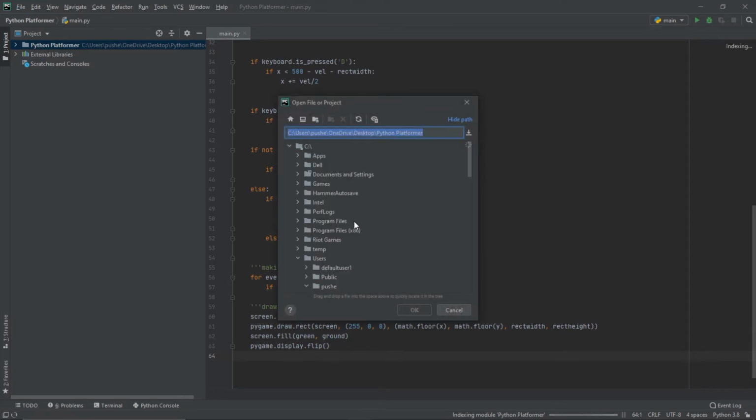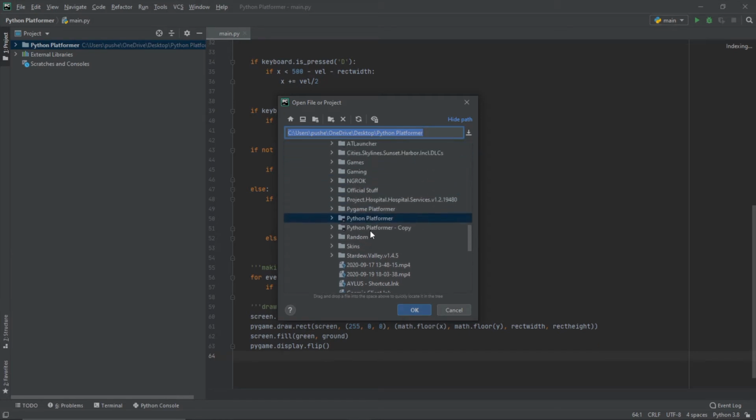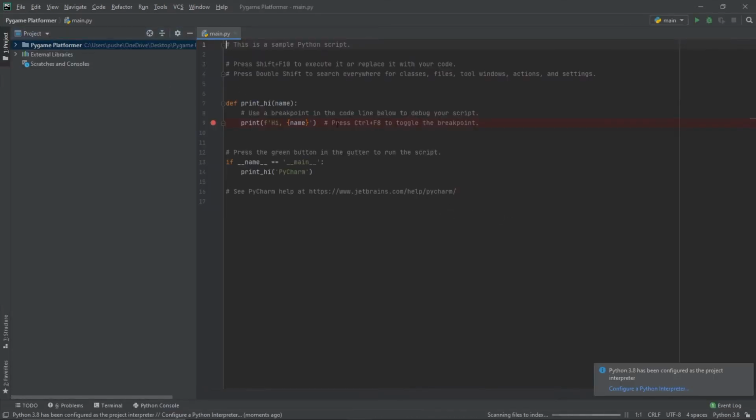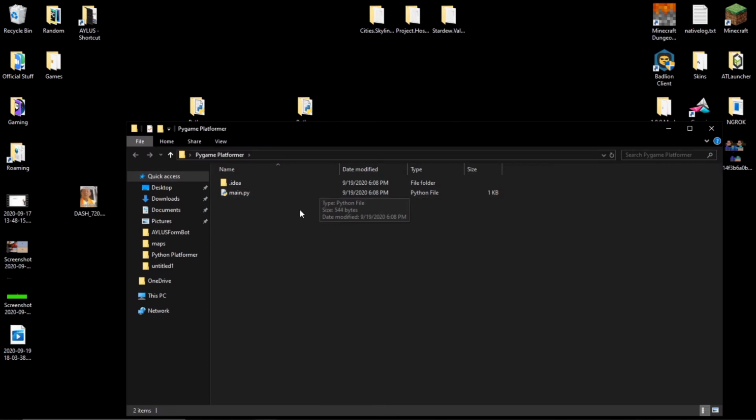And we're gonna open up, we're gonna navigate over to our Python folder where we want to make it. And I think it's somewhere over here, Pygame Platformer. And we're gonna open it in this window. So you can see what it did is it came over here and it made a main.py file and a